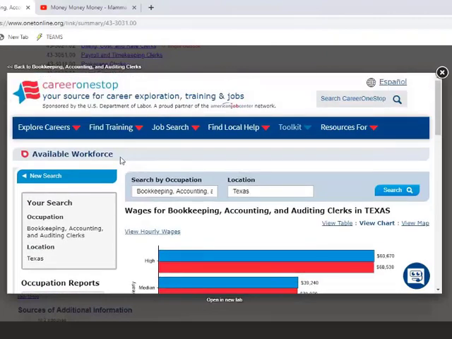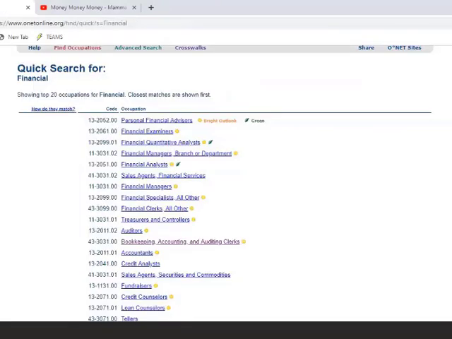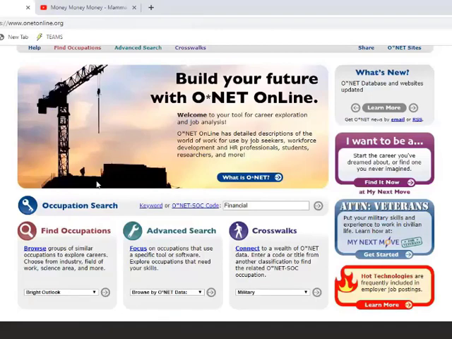But what I suggest is to go to this website and start playing with it. Understand how to use it and how to be able to help your students go through it. But some of this, you as an instructor would not necessarily need to know about the SOC codes or anything like that.